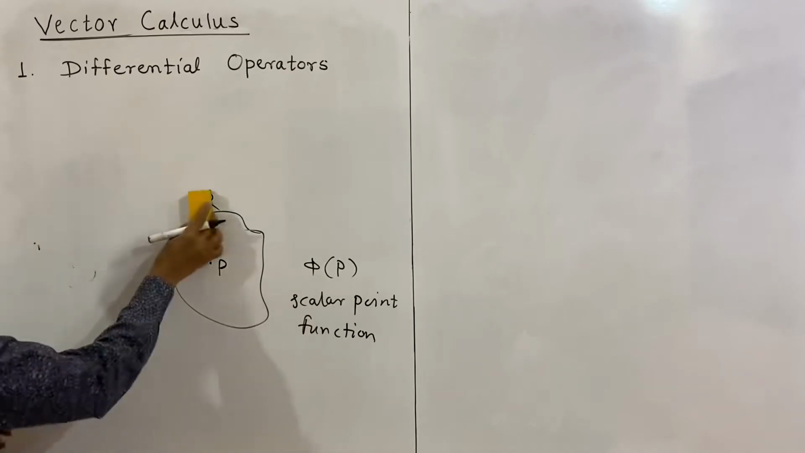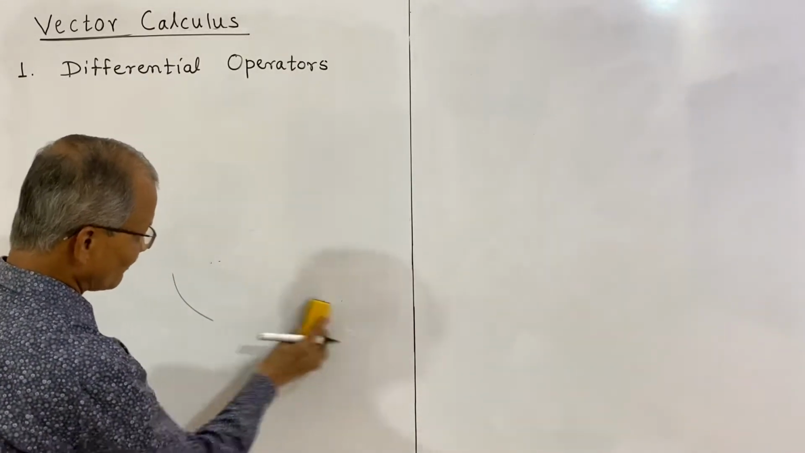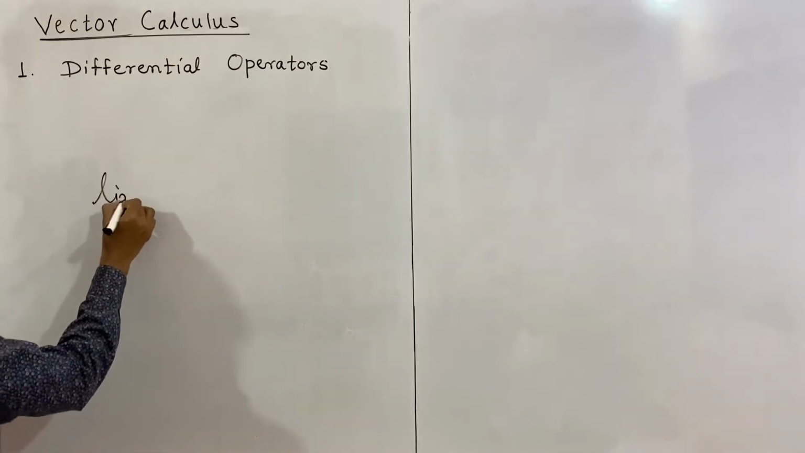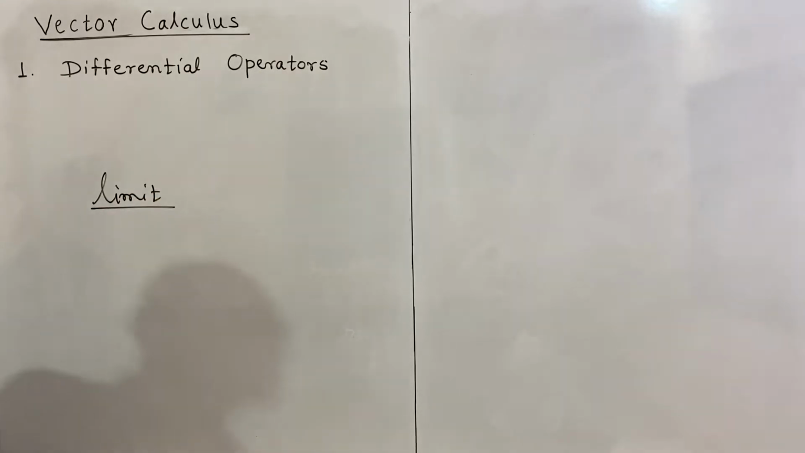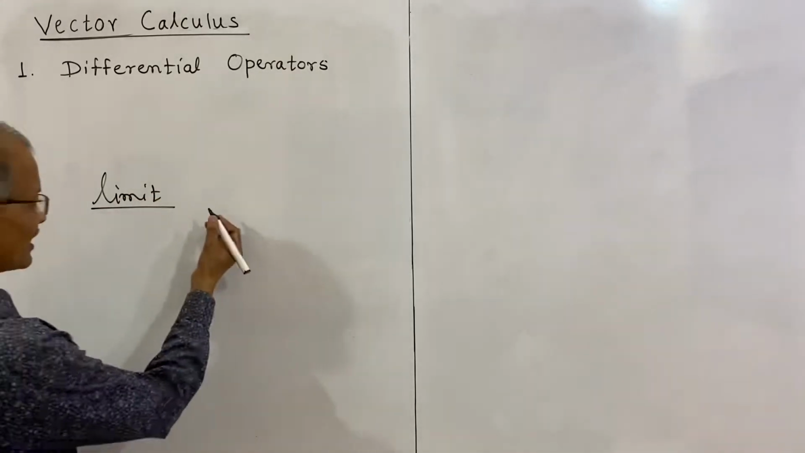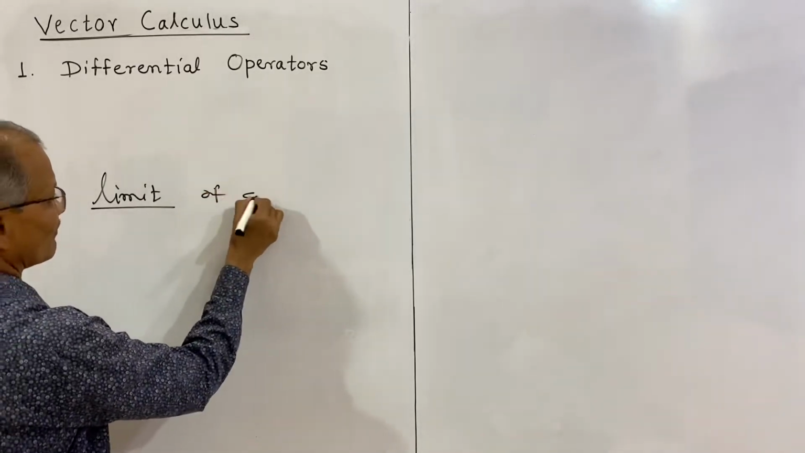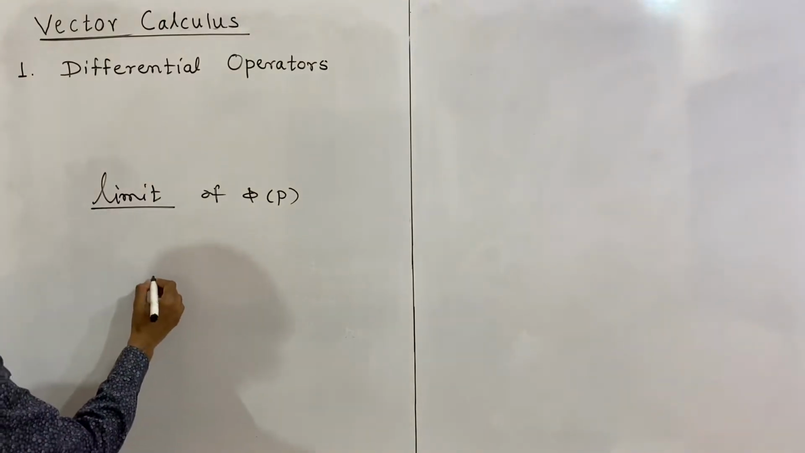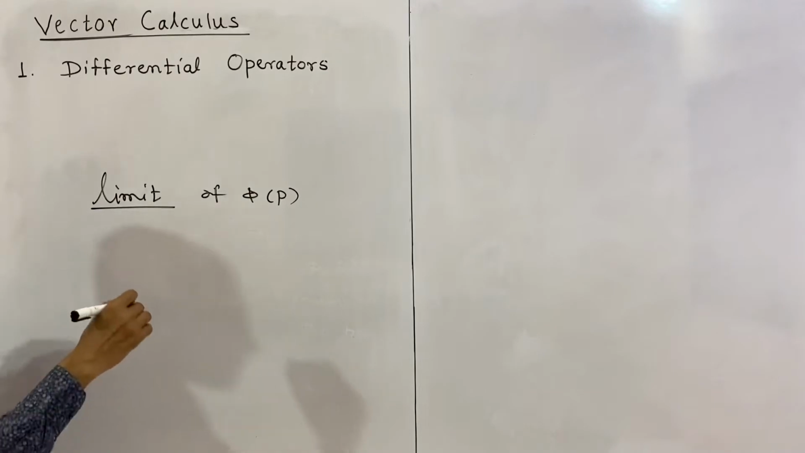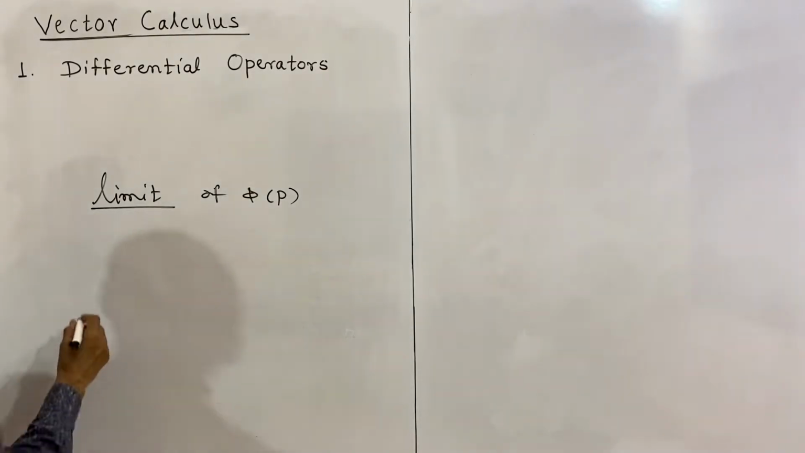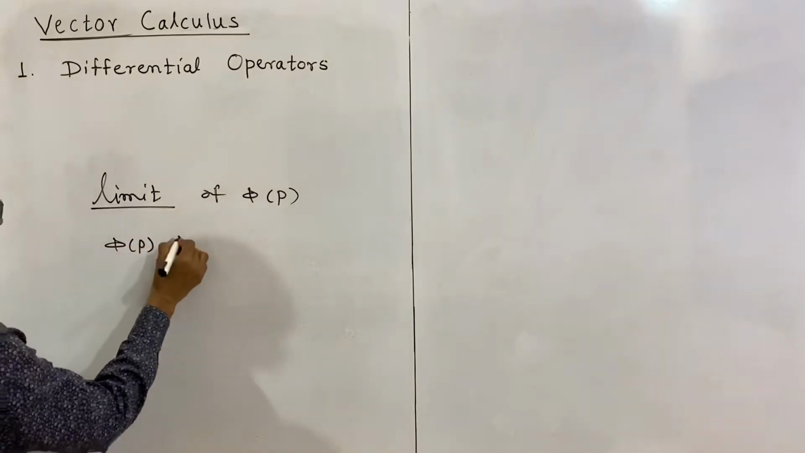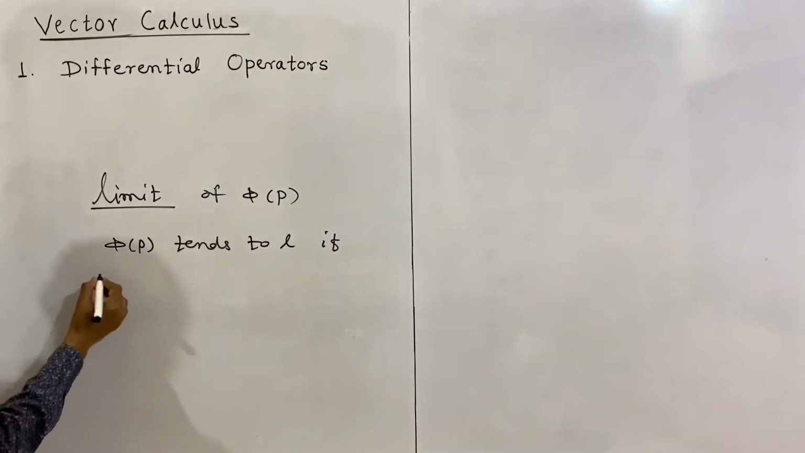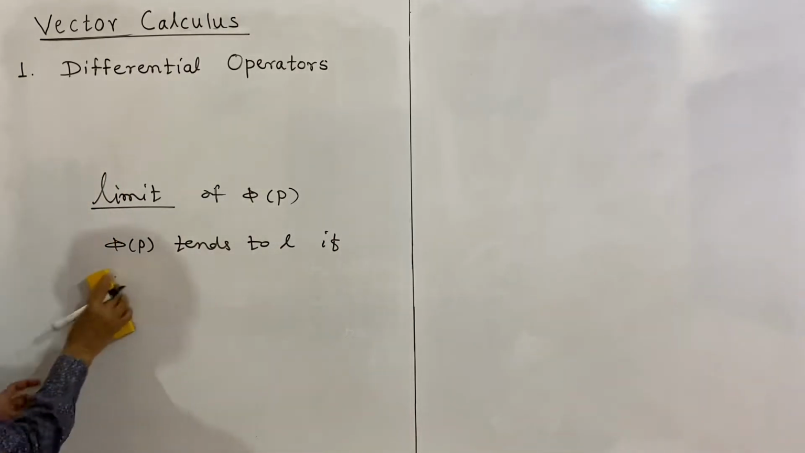And further we may have limit of scalar point function and vector point function. So we will see the meaning of this limit of scalar point function phi of P. And suppose we say phi of P approaches a quantity L, phi P tends to L, if, given epsilon greater than 0,